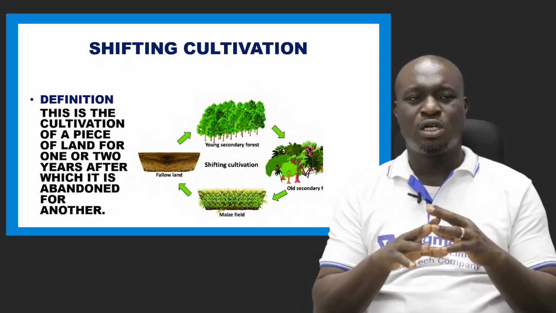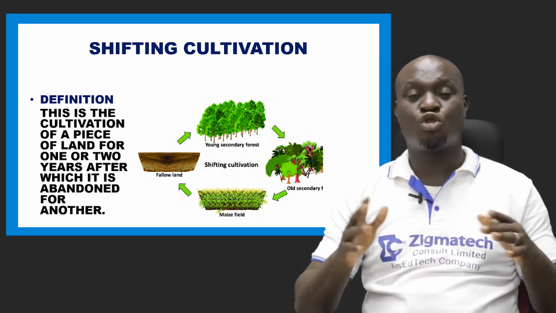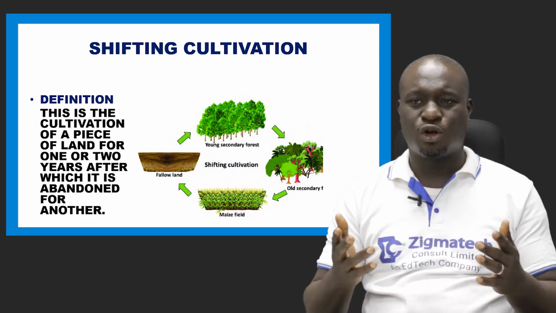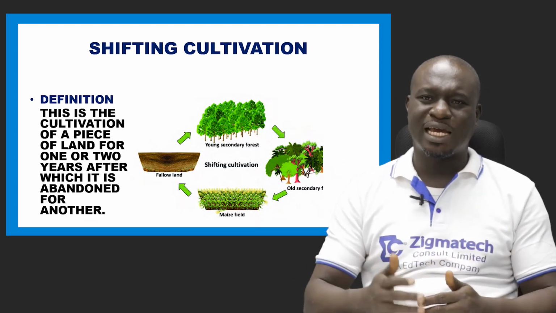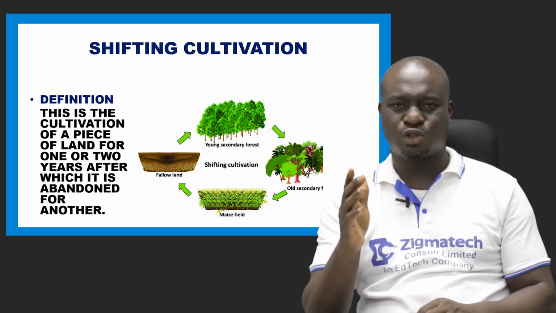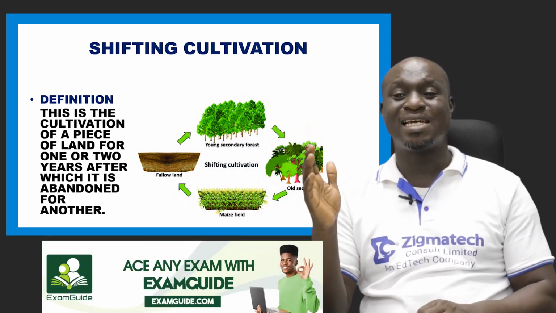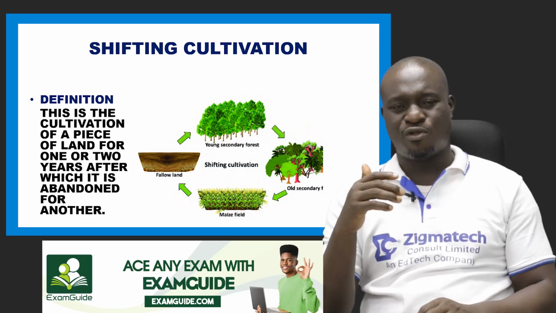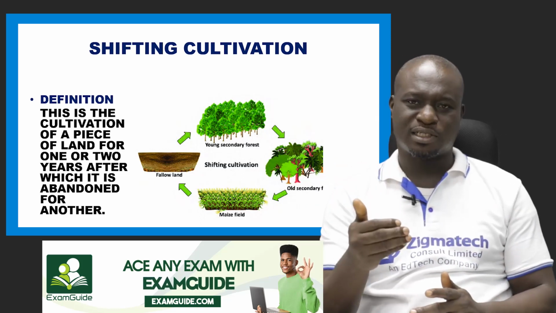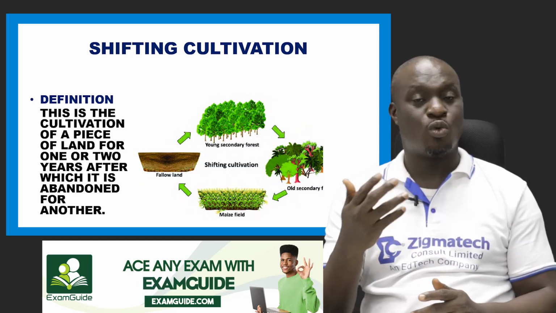When we say fallow, you allow bushes and grasses to grow for a very long time. You leave it like that for some years, and then you cultivate again and plant. Now, it has its advantages and it also has its disadvantages. For instance, you have a particular piece of land, you plant maize in the first place, or in 1 year